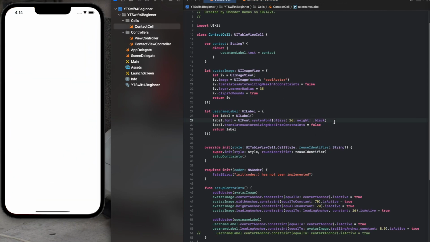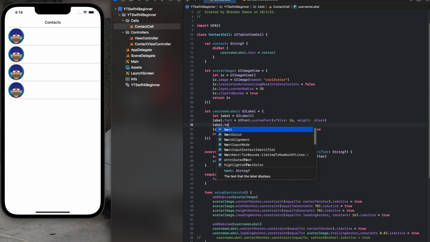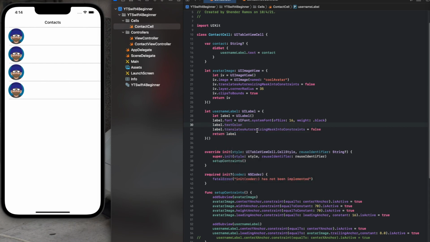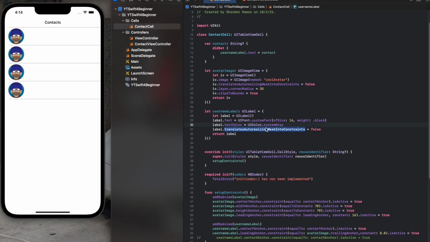Still, because I did this, nothing's gonna change now because I already deleted the name. I mean, you could also change, remember that label, the text, color, alignment, and all that good looking stuff. And UI color, the system, put system gray, put whatever you like. I wasn't even gonna change the color, it just came to my head. So you see, label text color, but still nothing changed because